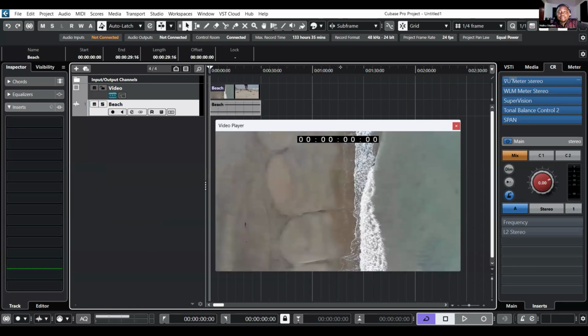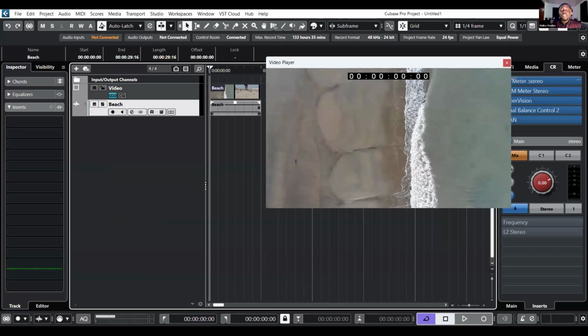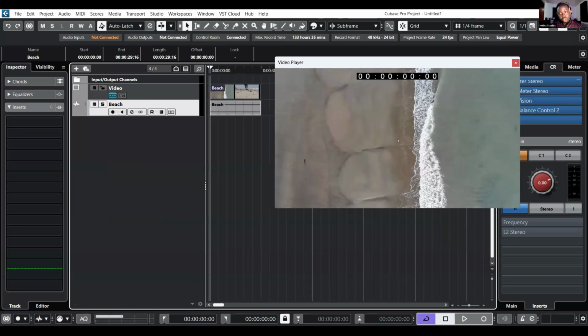So we have nothing at all, no sound, but we have a picture. So how would we approach this? One of the first steps is you have to know what you're working with. So basically, let's say this information that we are watching on the video was in the script. So we'll start there. I see an aerial shot of the beach. So that means I need sound of the beach, but from above,